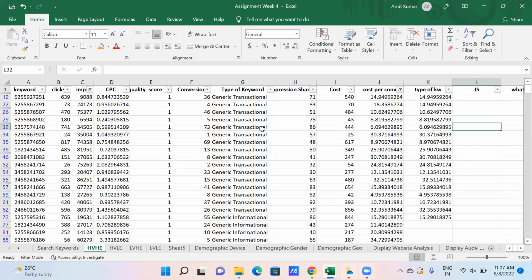So what I have done here is put a filter on these two: cost per conversion and impression. When I implemented it for high volume, high efficiency, what we need to do is find the impressions more than the median, which is the high volume. For example, in this case, my median was somewhere near